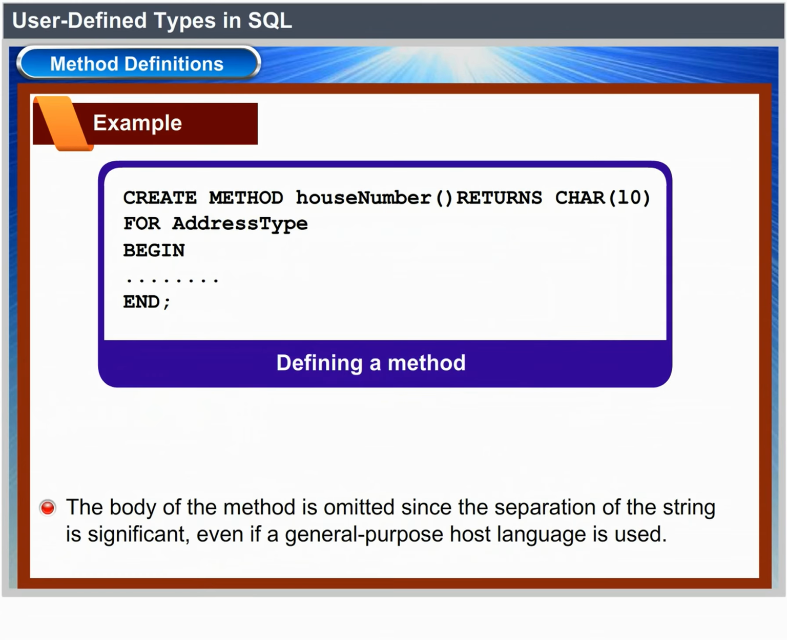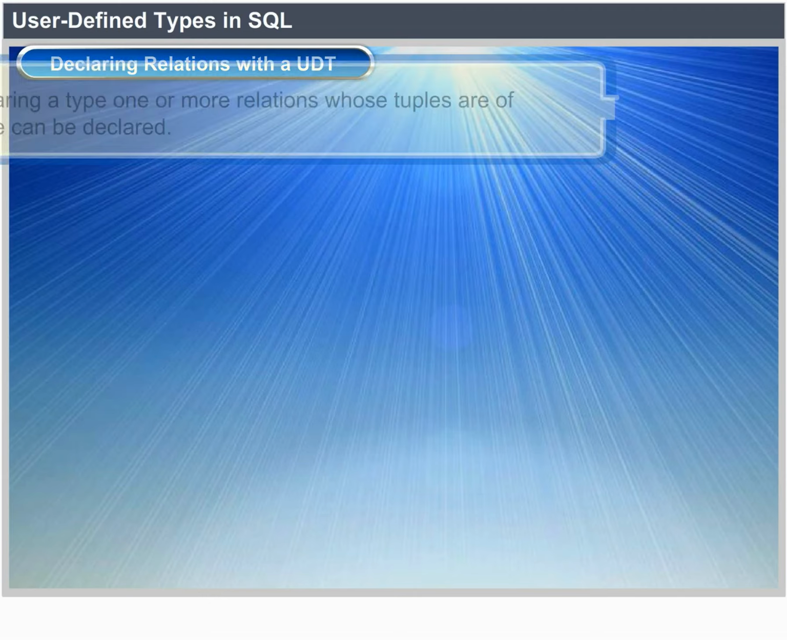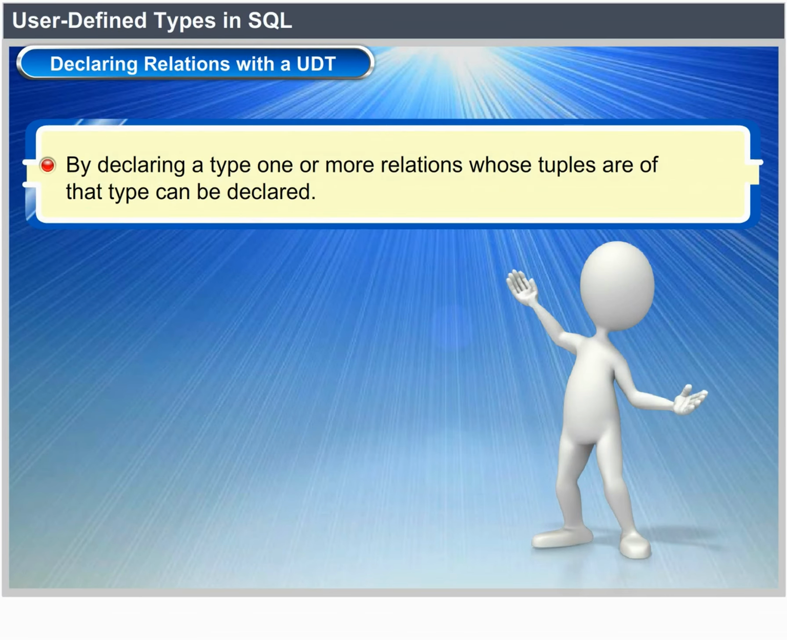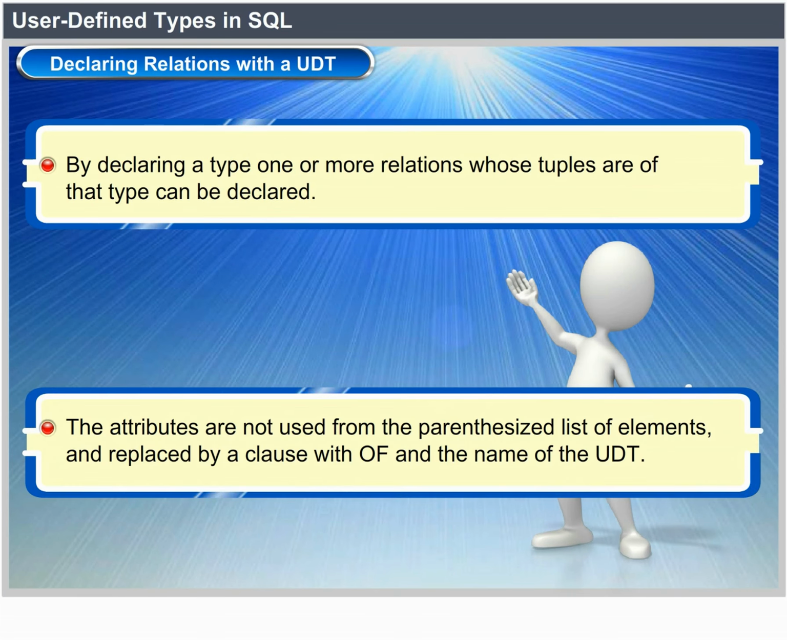Declaring relations with a UDT. Having declared a type, we may declare one or more relations whose tuples are of the type. The attribute declarations are omitted from the parenthesized list of elements and replaced by a clause with OF and the name of the UDT. That is, the alternative form of a create table statement using a UDT is: